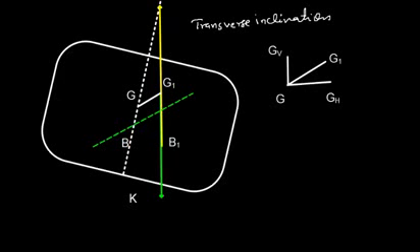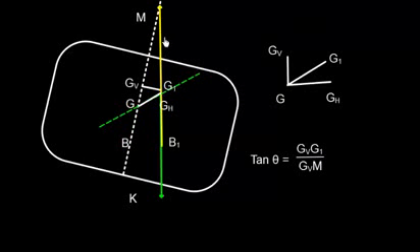Well, this force of buoyancy will also follow like this. Initially it was here. Now it will continue moving, and it will stop and directly come below G1. So G1 and B1, they will be in the same line. So B1 is the new center of buoyancy and G1 is the new center of gravity. Now this new force of buoyancy will cut here this center line at M, which is called a metacenter,